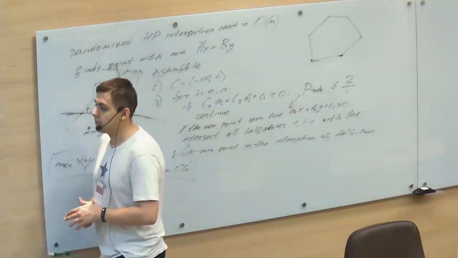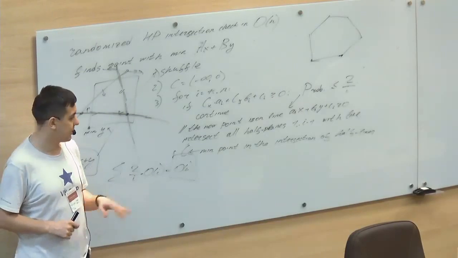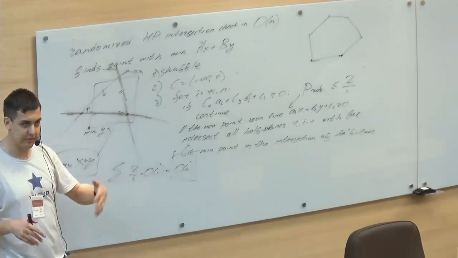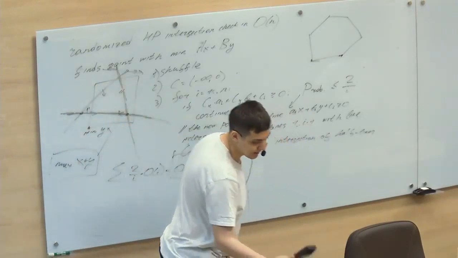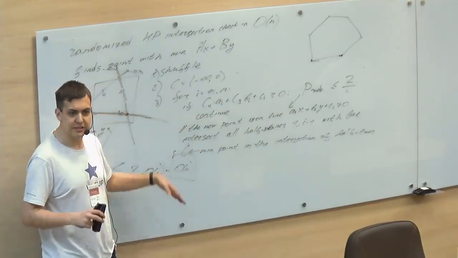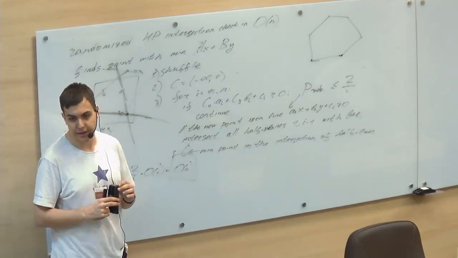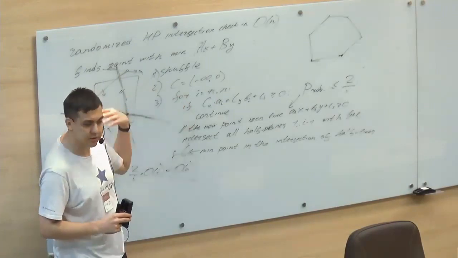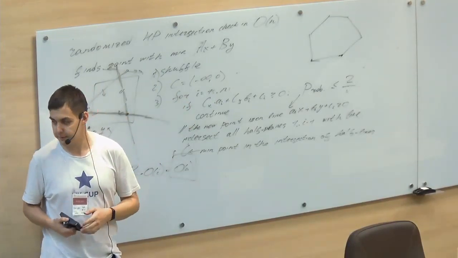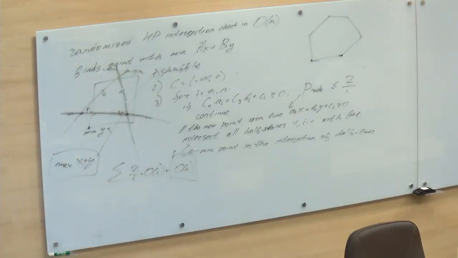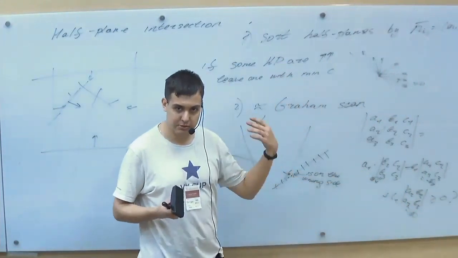Okay, so that's it for half plane intersection. I think this is a pretty cool algorithm, and I like randomized algorithms in general. It's fun to prove that they work correctly and they work quickly, even if it might not seem that way from the first glance. Okay, so we have about 15 minutes left, and I think that's enough to tell you about